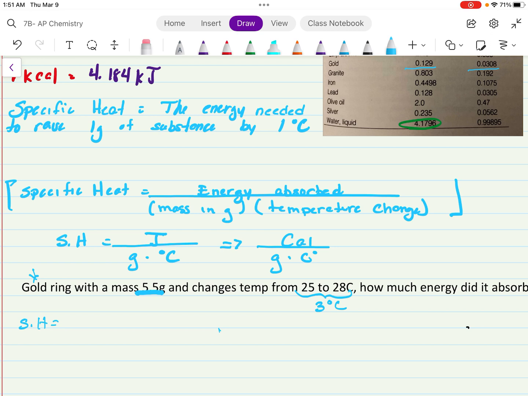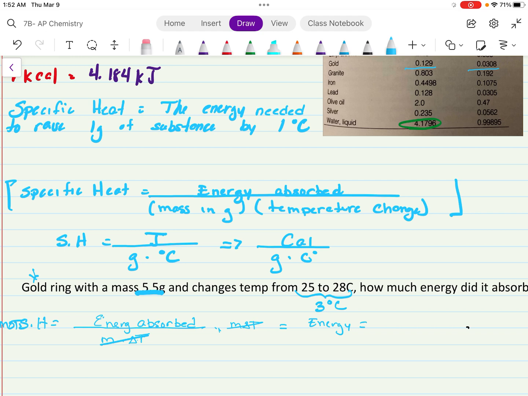So if the specific heat is equal to the energy absorbed, and then we divide that by the mass and the change in temperature, which is represented as delta T, then all we have to do is solve this equation for energy absorbed. In this case, what's in the denominator is the mass and the change in temperature. So if I multiply both sides by mass times delta T, they should cancel here. We should end up with the energy